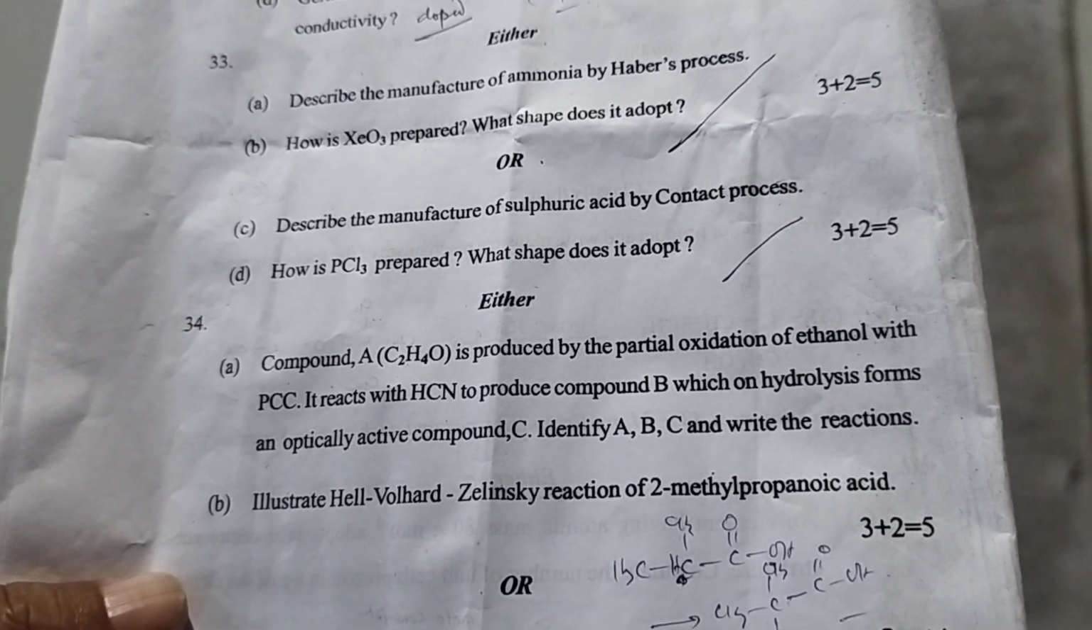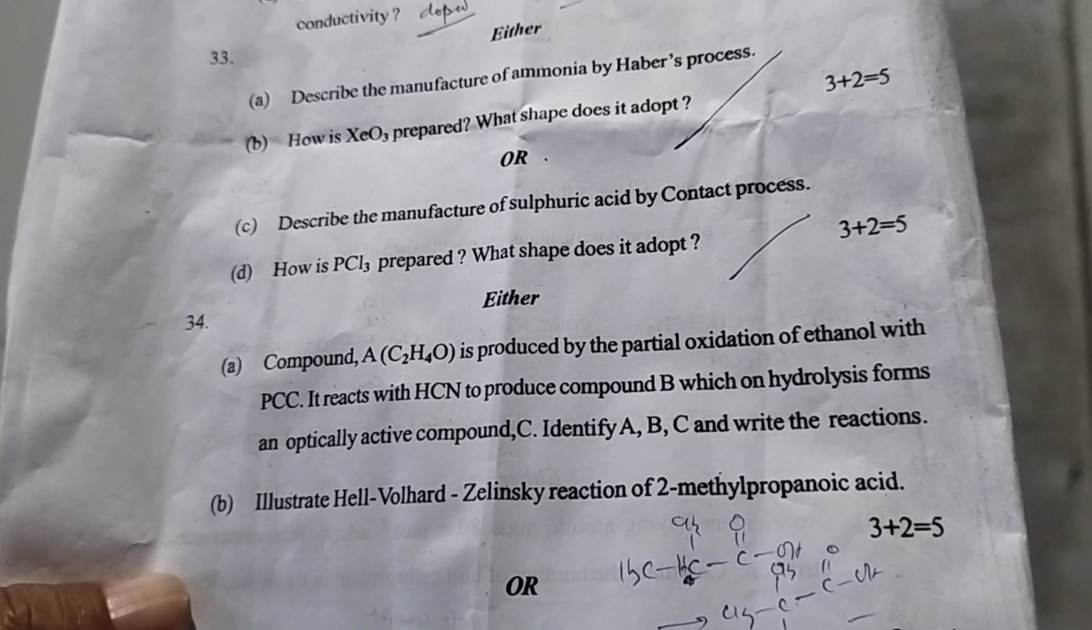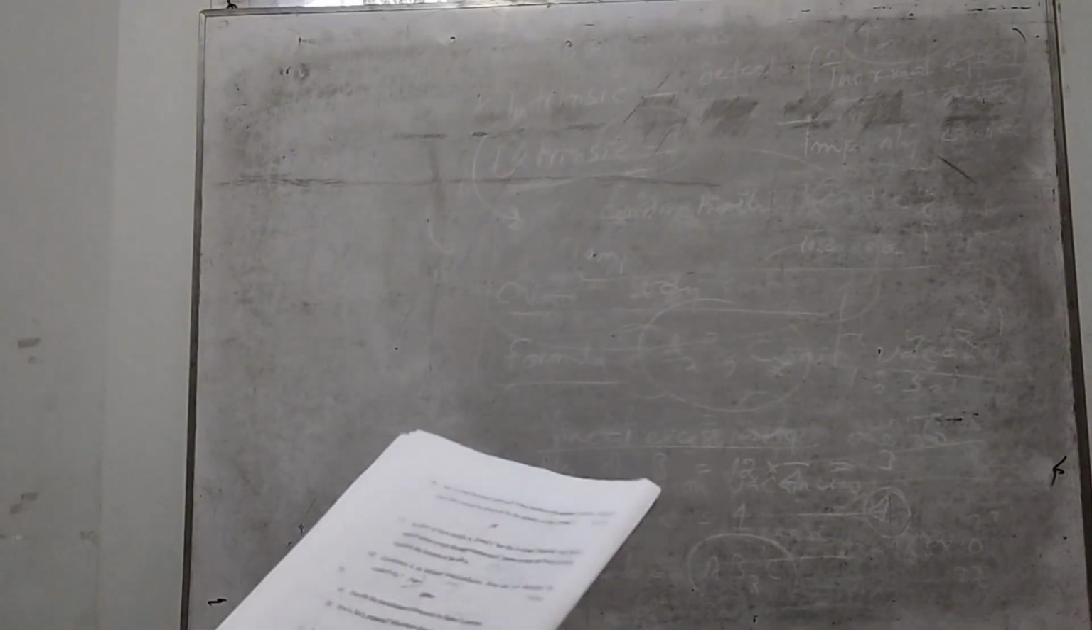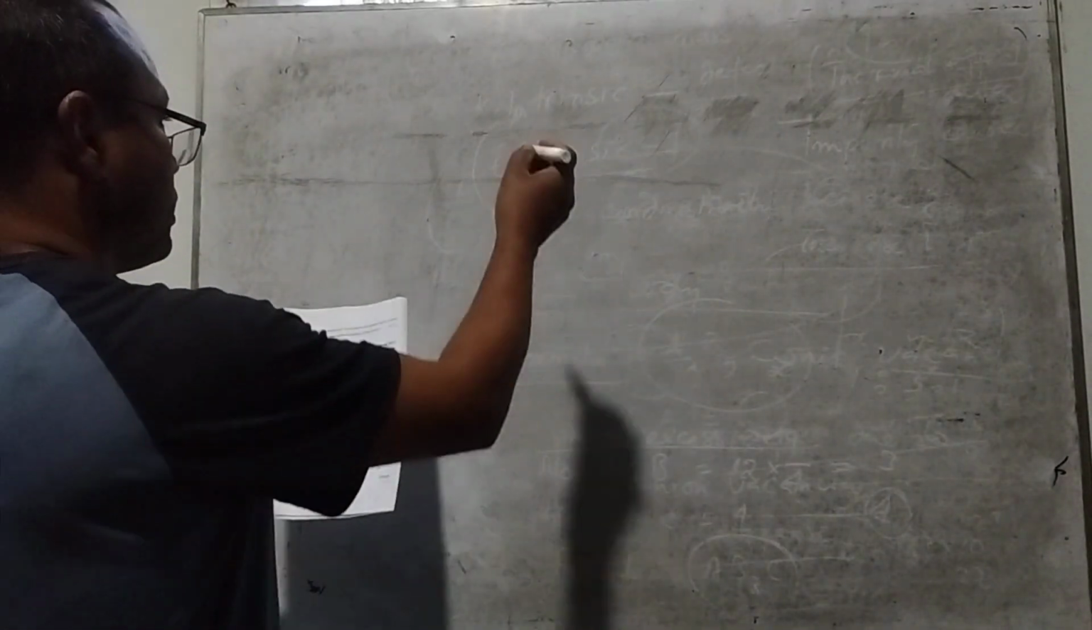The number 2 question is: illustrate the Hell-Volhard-Zelinsky reaction of 2-methyl propanoic acid. Now I give you the questions, and I give you the keys for these. Number 1, the compound